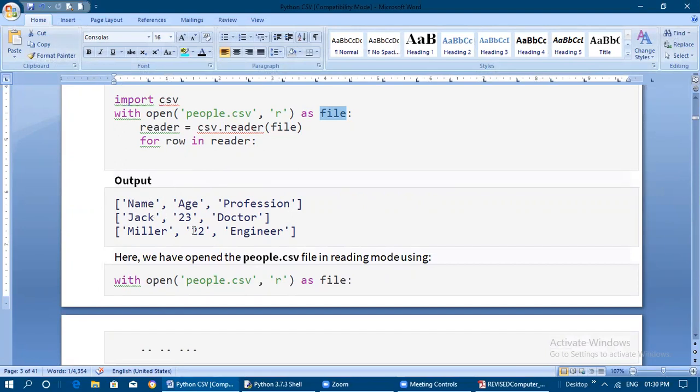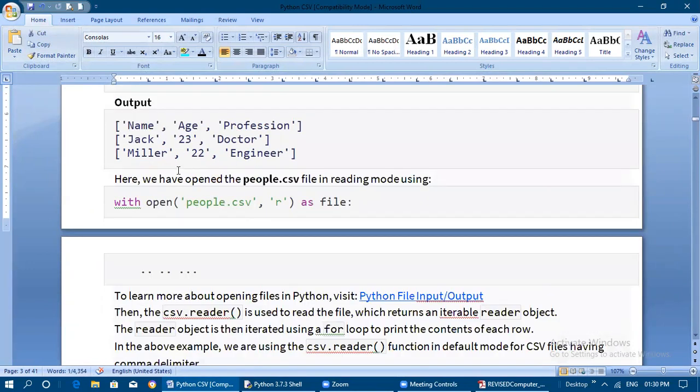Okay, in the Python interpreter screen, for row in reader, a for loop we are using, with row as the looping variable. Reader is holding the value of whatever lines we are reading from the file. So for row in reader, the process will be repeated until it reaches the end of file. And for row in reader, print of row. You need to give print of row in order to display the contents like this.